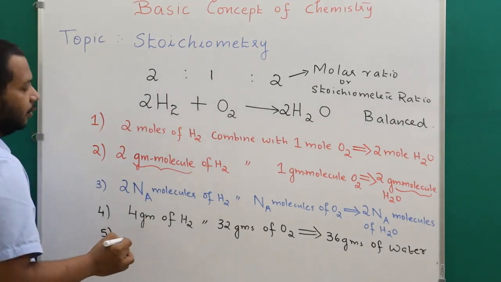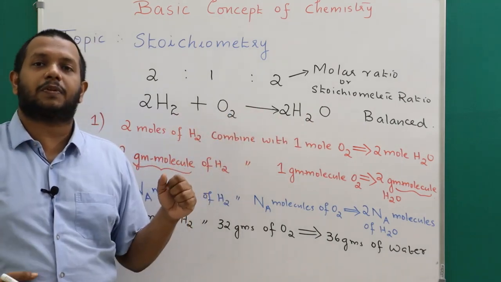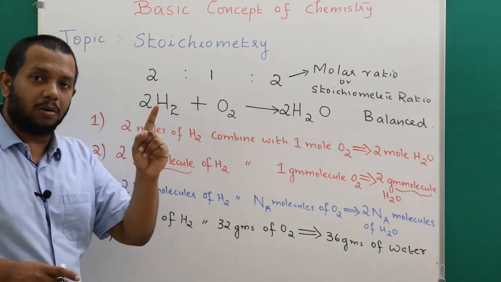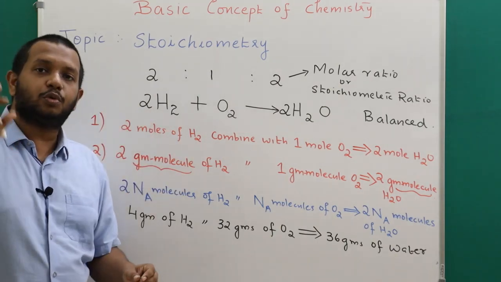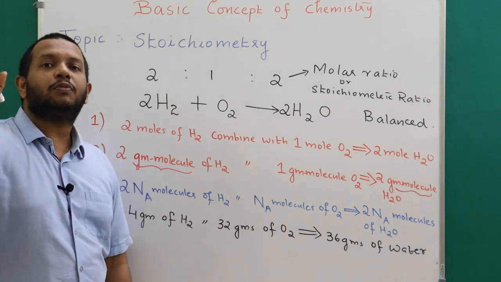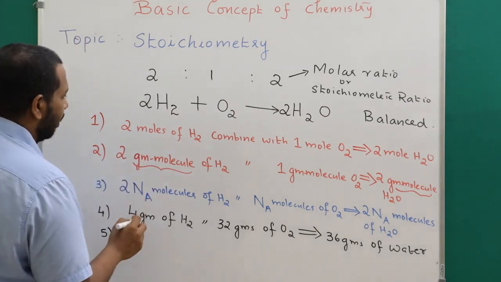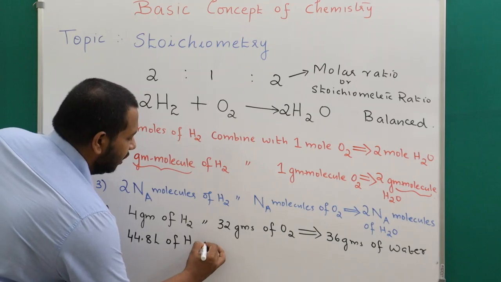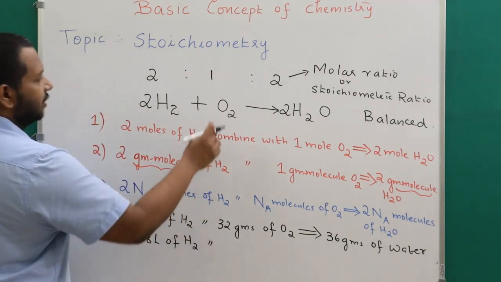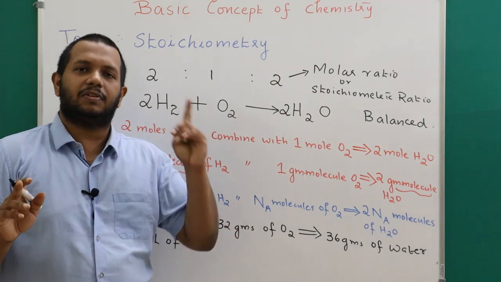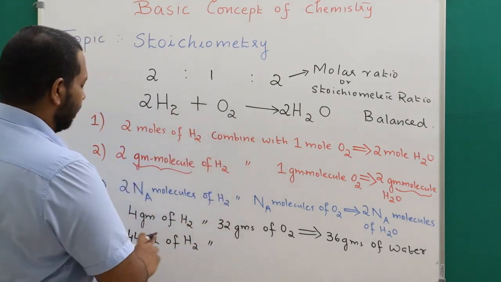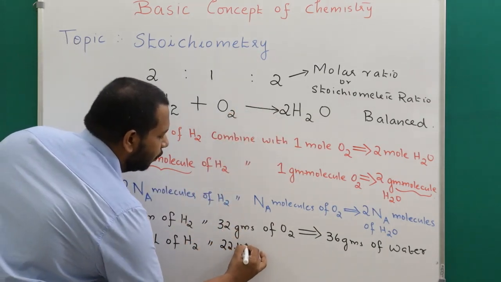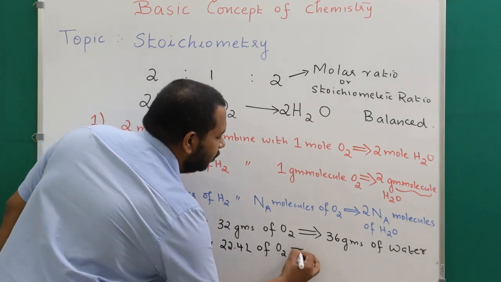Listen. Since it is molecule, we can express this in volume also. So tell me, 2 moles of hydrogen means how much volume? 1 mole means 22.4 liter. So 2 mole means 2 into 22.4 liter, that is 44.8 liter. So I can write 44.8 liter of hydrogen can combine with 1 mole of oxygen. Any gas, if it is 1 mole, it will occupy 22.4 liter. So I can write 44.8 liter of hydrogen can combine with 22.4 liter of oxygen to give